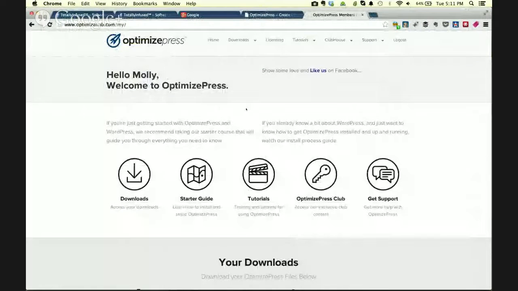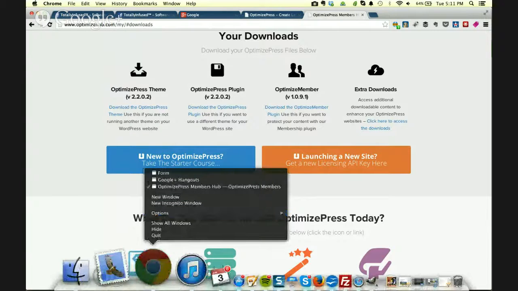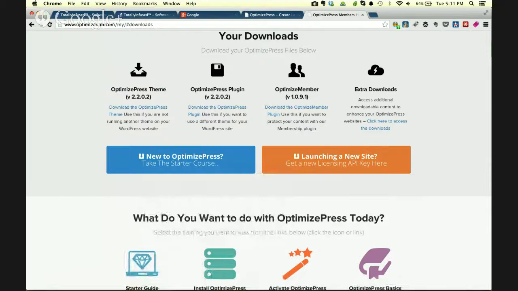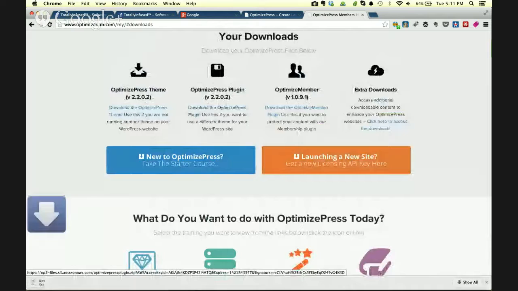Okay, so this is the Optimize Hub. And the first thing when you buy OptimizePress is you're probably going to want to install it. So the main section here is your downloads. And you can download the theme, the plugin, and this is what I was referring to earlier with the theme versus the plugin. And then you have Optimize Member, which is the membership part of your site, which you can download anytime in the future, or you can just use OptimizePress for that purpose only. You don't even have to use the plugin or the theme. And then there's some extra stuff in there, like template-wise, you can download. So what you would do is you would download this, and I'll just click it for your benefit, and it'll